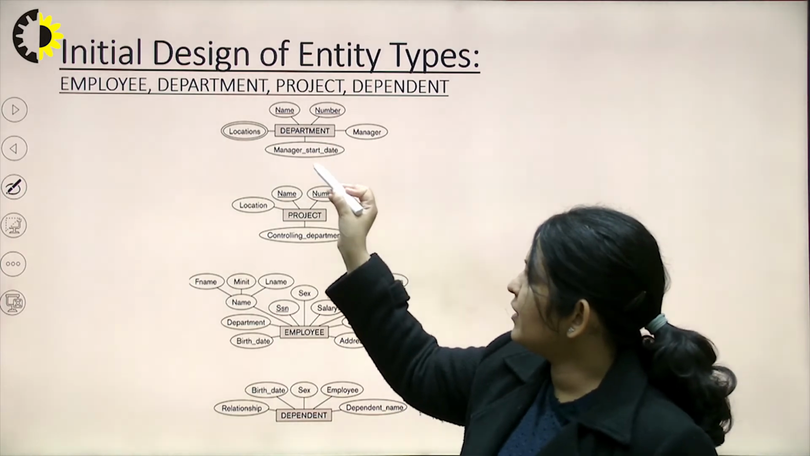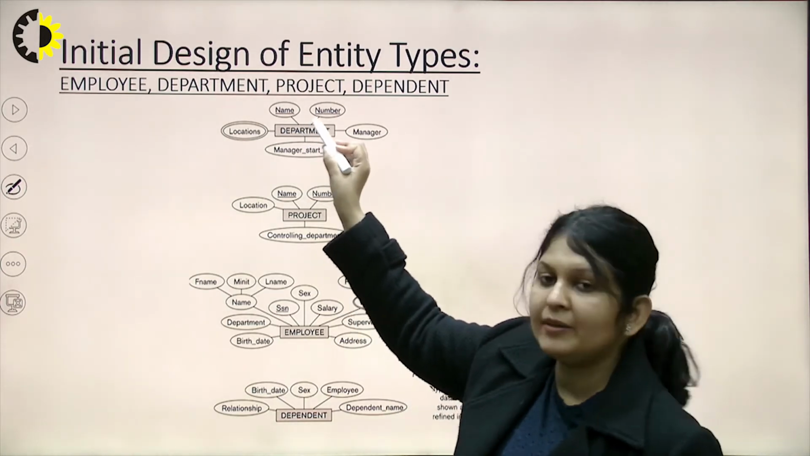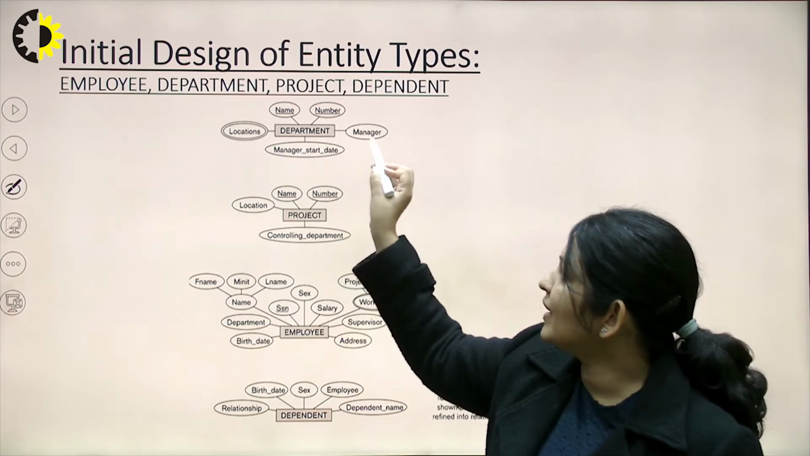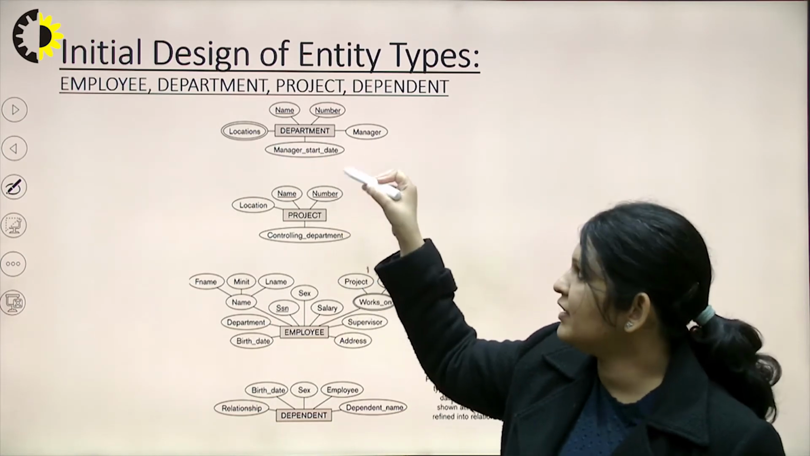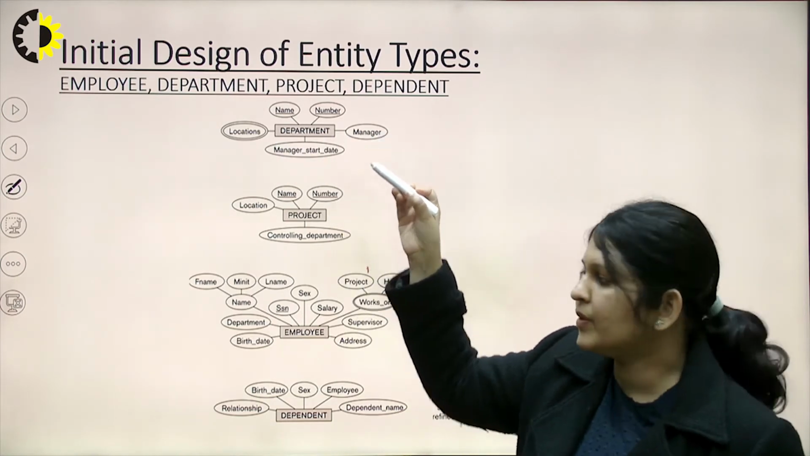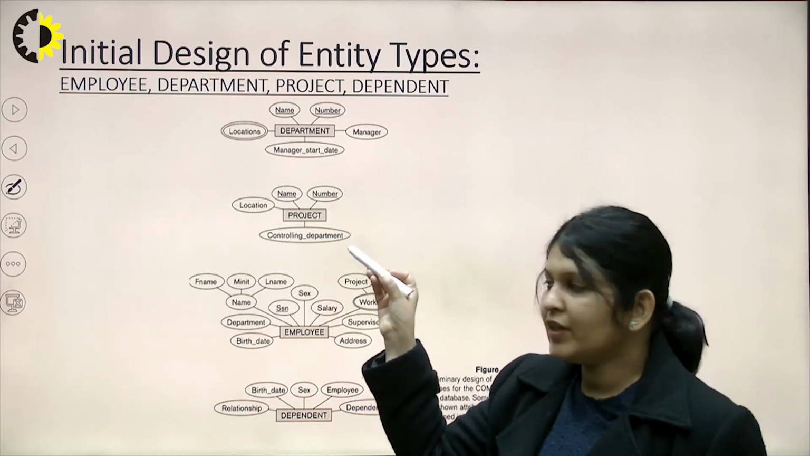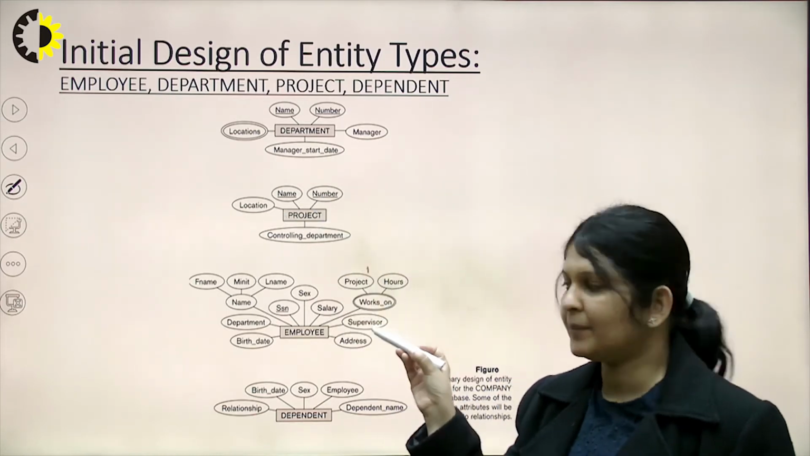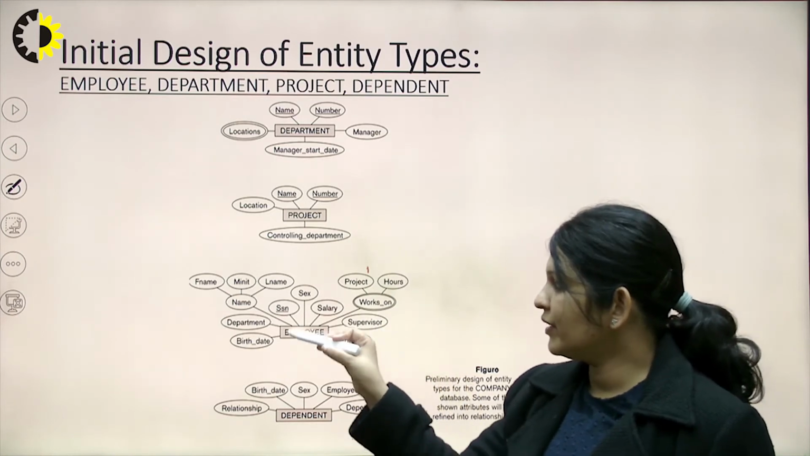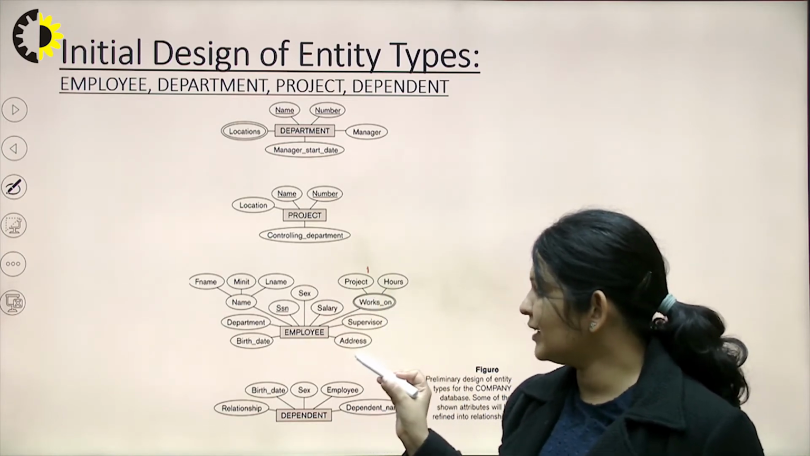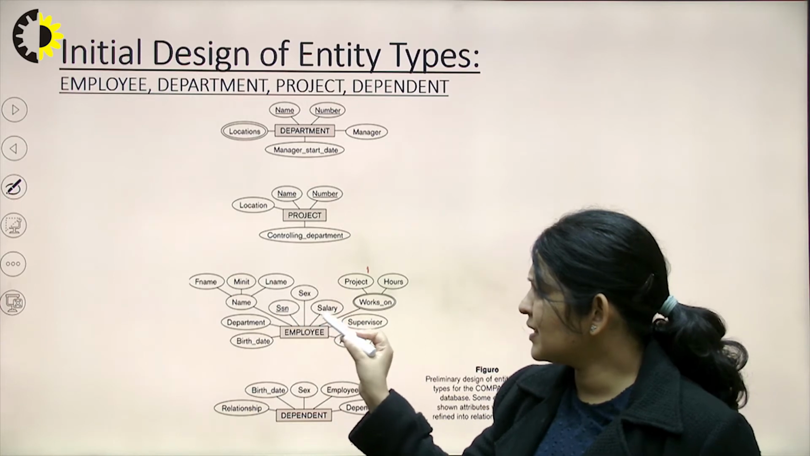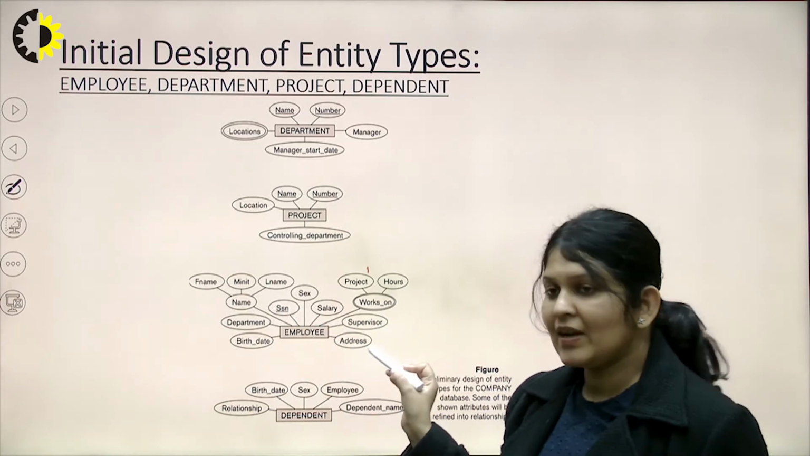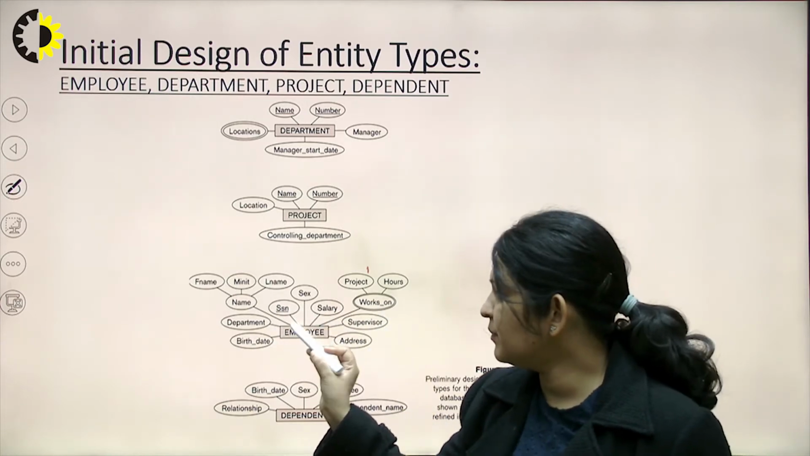For the department, we would be having the name of the department, number, location, manager, and the manager start date, when he has started managing this particular department. For the project, we have the project number, name, location, and the controlling department. Then employee, we have identified these attributes, that is the name, SSN, salary, works on, supervisor, address, department, birth date,